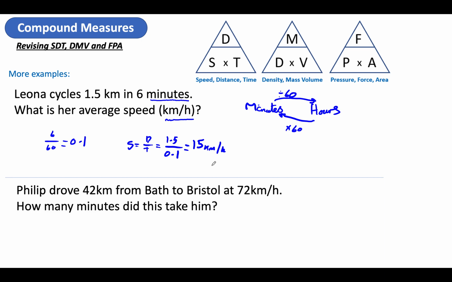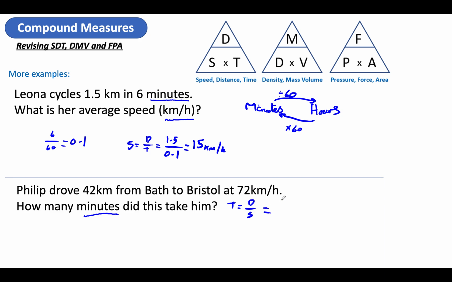Right, last example. Philip drove 42 kilometers from Bath to Bristol at 72 kilometers per hour. Good old Philip. How many minutes did this take him? Okay, so let's show you what's going on here. I need to find out, firstly, time is what we're trying to work out. If I look at my triangle, cover up time, I'm left with distance over speed. So there's my basic calculation. Time is distance divided by speed,